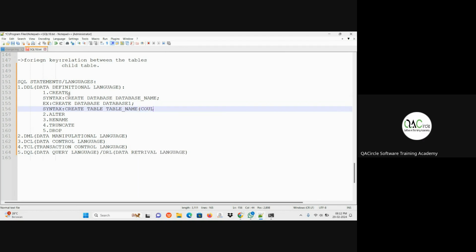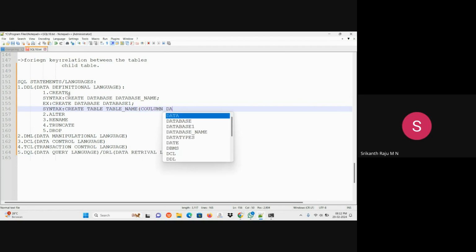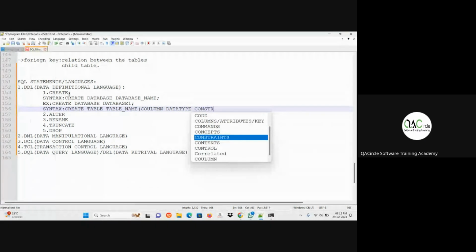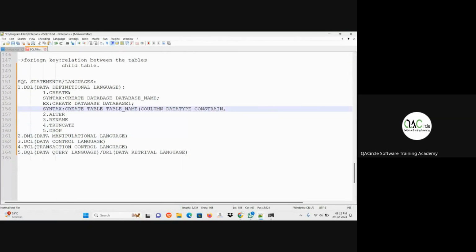Column, data type, constraint, column, data type, constraint, separated by comma. We can include n number of columns. Then the semicolon. This is how we are going to create the table. This create statement is used to create the database and also to create the table.